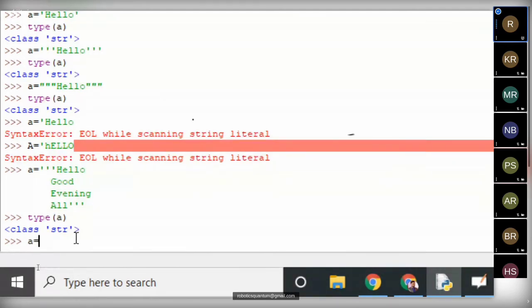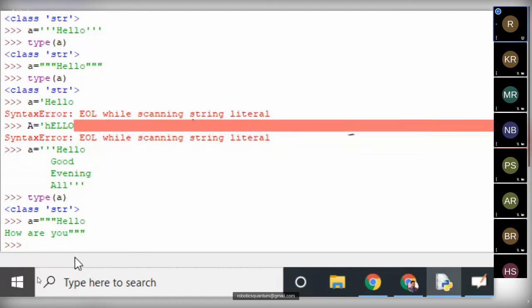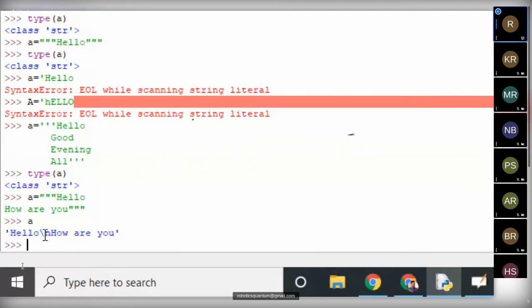Triple double quotes can also be used to represent a multi-line string. Hello, and how are you? We mention this, and triple double quotes can be used to represent a multi-line string. If we try to evaluate a, it clearly shows that wherever we have a new line, it is represented with a backslash n.